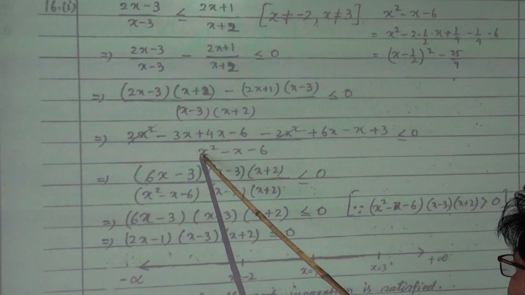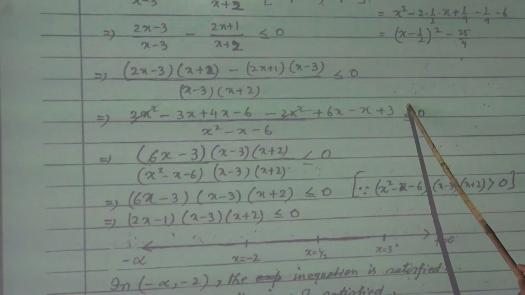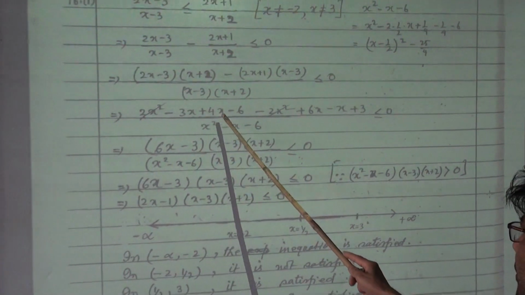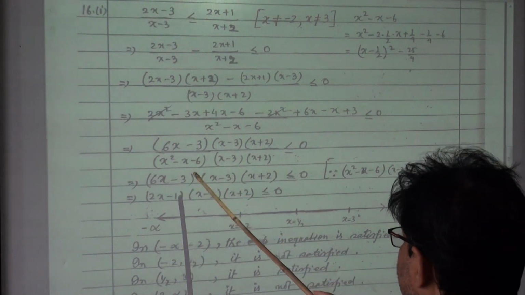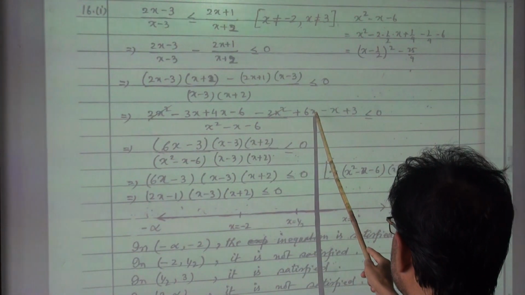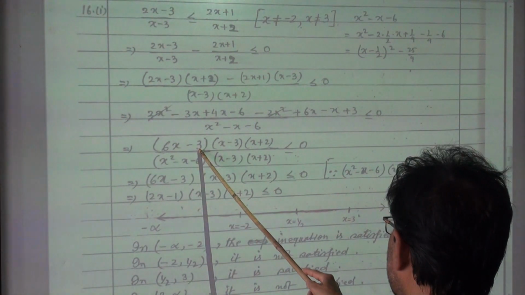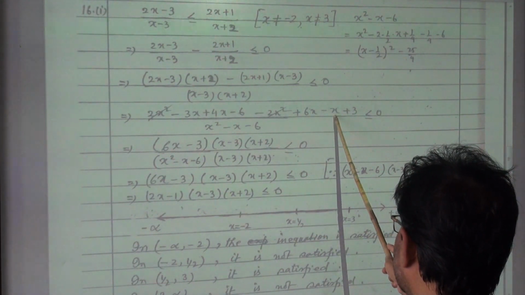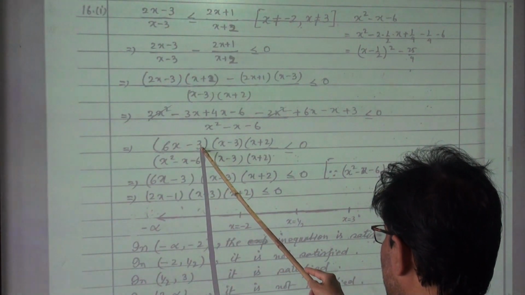Now this value: if we open the bracket, you will get x square minus x minus 6, and these brackets also you open, you will get this and this. 2x square and 2x square are cancelling. Now this denominator is (x minus 3)(x plus 2), and up I have got, by simplifying this, 6x minus 4x, 2x, or 4x is here. So 6x minus 3. Check it. This is plus x minus x is cancelling, so 6x is remaining, and minus 6 plus 3 is minus 3, so 6x minus 3.